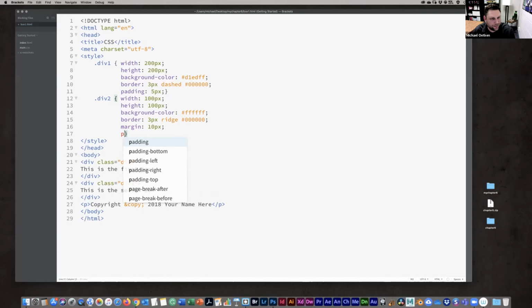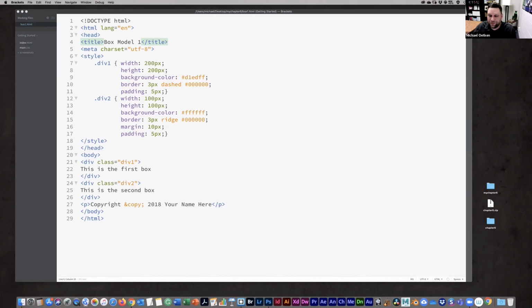And then our padding. Okay, so call this box model 1. Change that in my title. All right, so let's save this and see what it looks like in the browser.